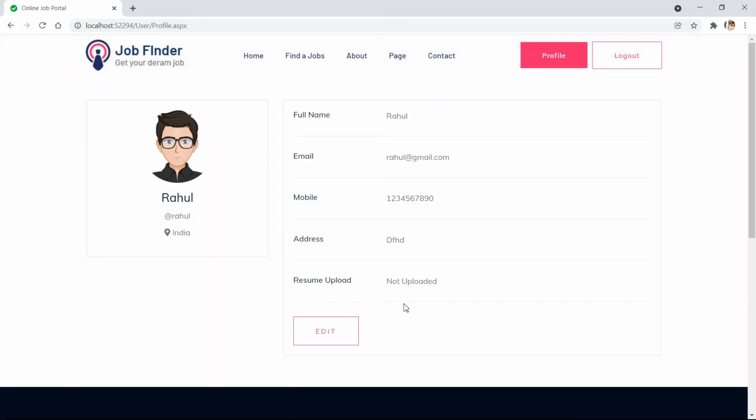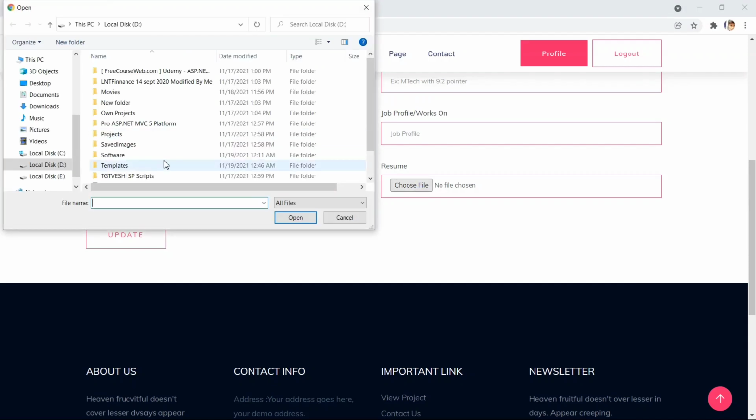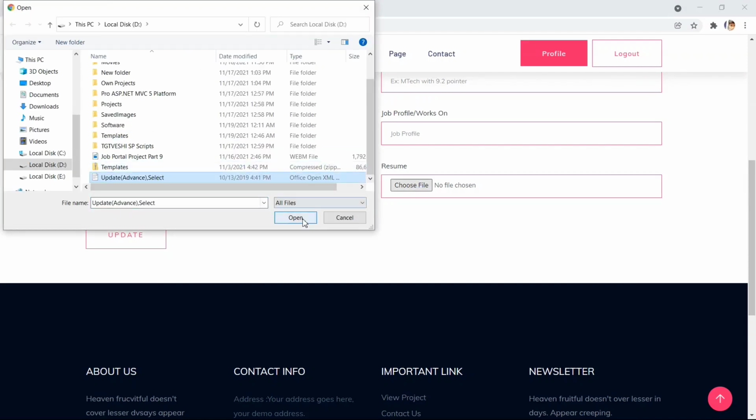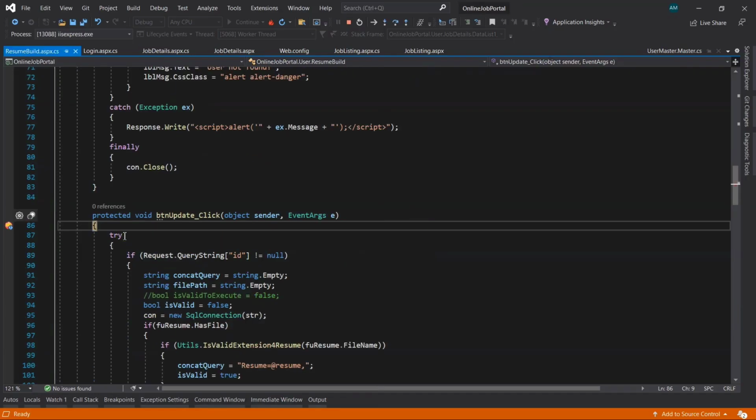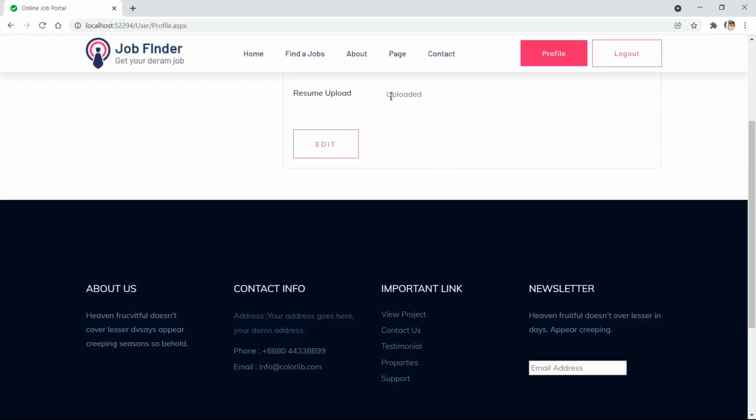And in profile, let's upload a resume. Let's remove this breakpoint. Continue. The resume has been updated. Go to profile. Now you can see it is uploaded.